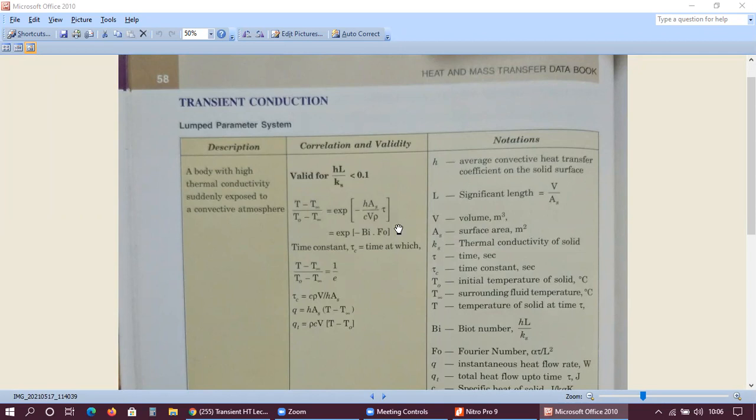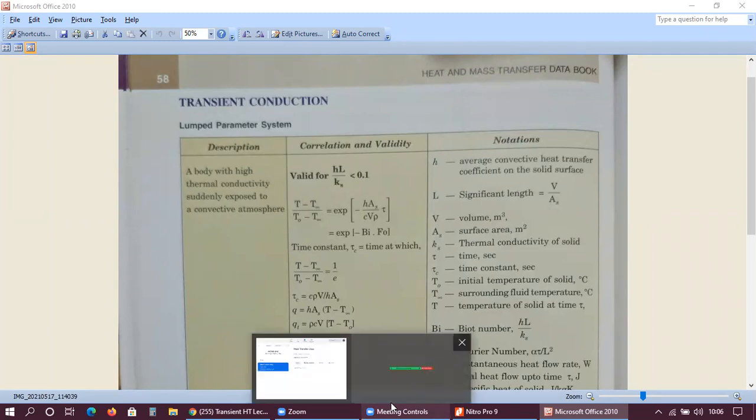Please all of you go through it, because this is the only derivation in your second module. There are no other derivations. It is also quite an easy part; the second module is quite easy compared to your other modules. So we'll go with that derivation, instantaneous heat flow rate and total heat transfer.